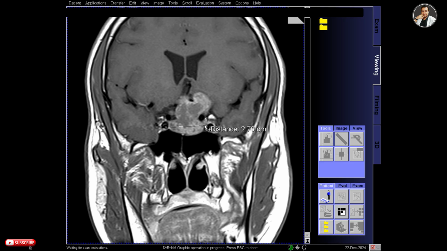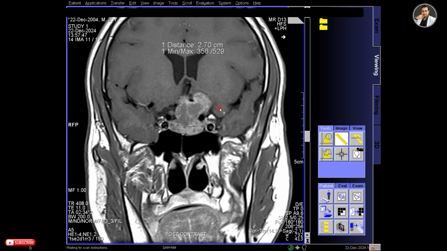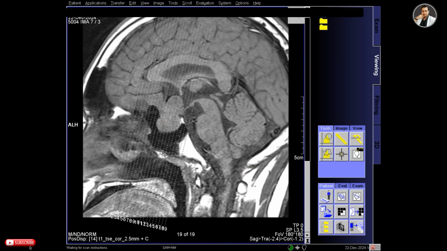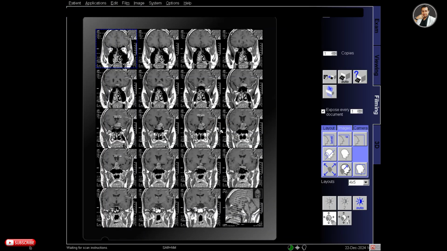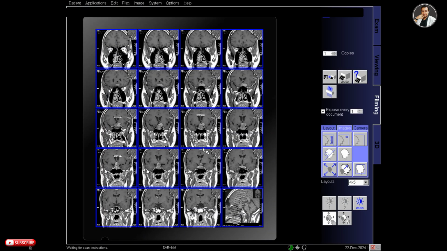Now I am measuring the width of the bottom part of the lesion, and it's showing 2.7 centimeter, and select series, send to filming, and also send this reference image. And now go to filming,